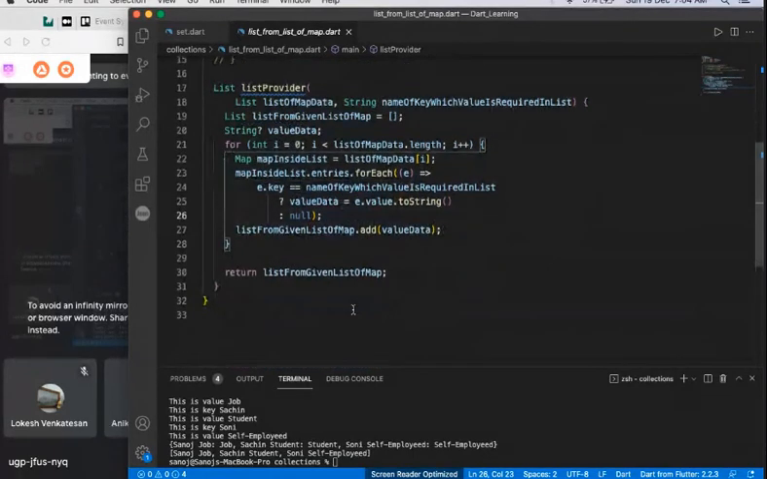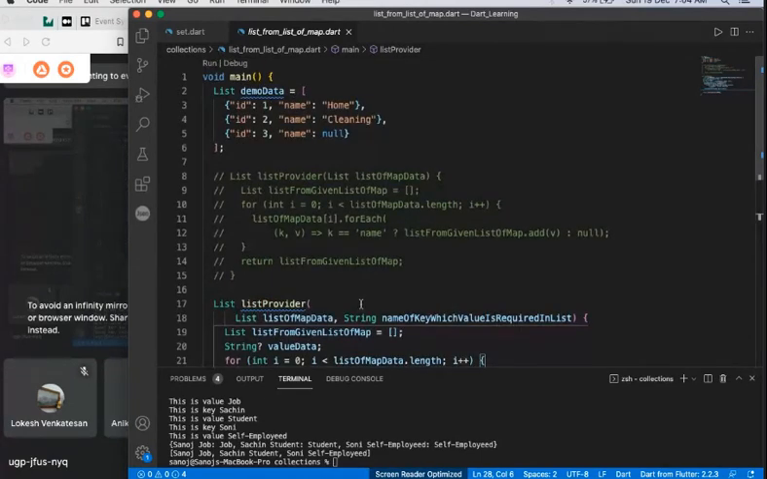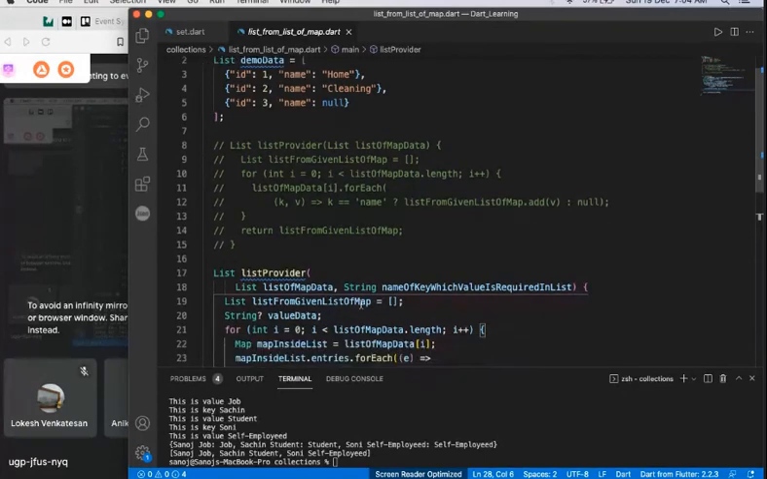So this is a bit difficult. If you can't understand, we will also cover this later. This is for a later topic, so I have just written it, but